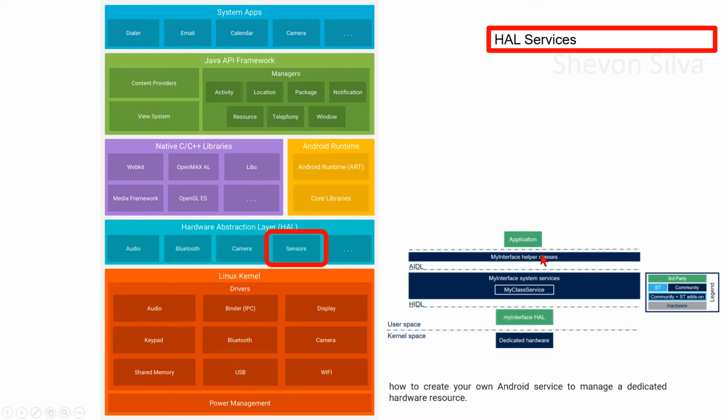And here the application is here, and my interface helper class, for example, and AIDL is here, and here my interface system services, for example, my class service, here in HIDL,